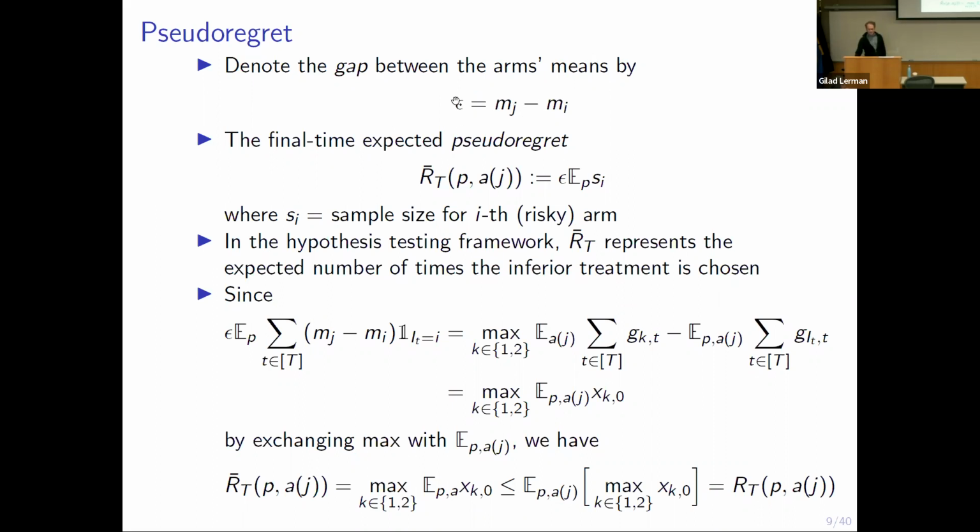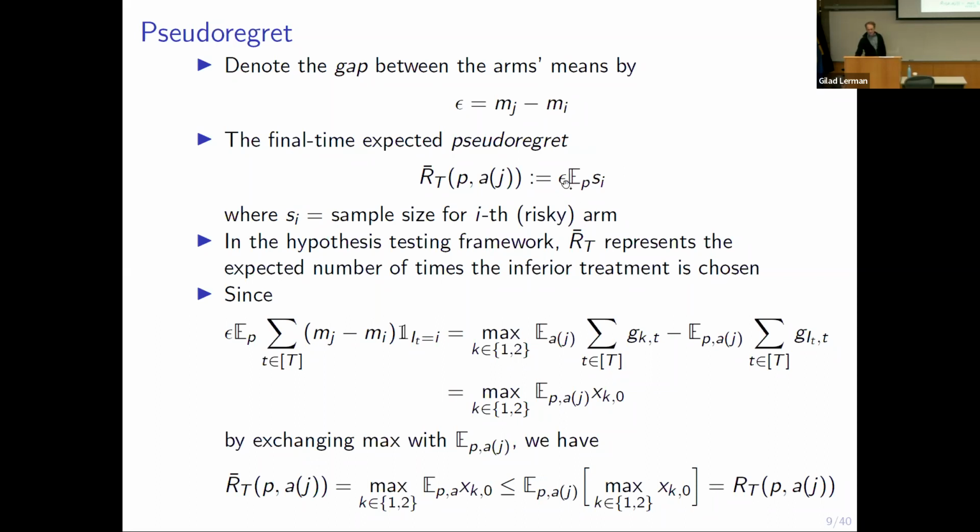Sorry, before I used epsilon j and epsilon i, so I've overloaded the notation a little bit, but from now on, epsilon is just the difference between the means of the two arms. And the final time expected pseudo-regret, again, you fix a player's policy, you fix the distribution of the arms,